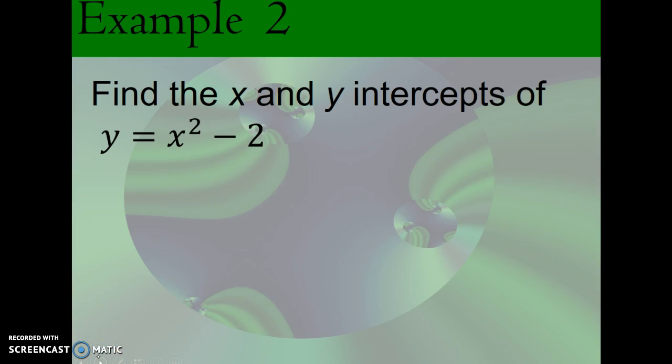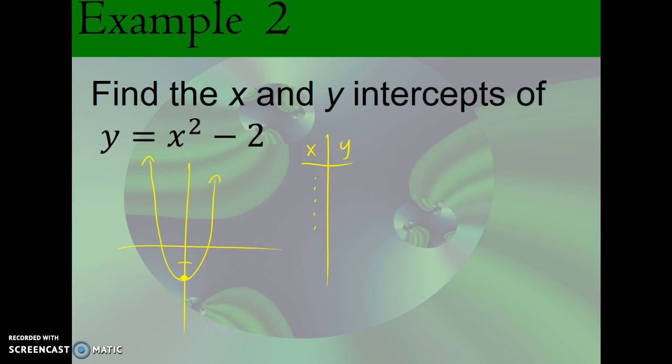X and y intercepts. So here we've got a squared on our x. That means that we're dealing with something a little bit more complicated. It's not a line. It's going to be a quadratic. It has an intercept of negative 2. If you're not sure what this looks like, make your xy table and try and analyze a couple x values to be able to get an idea of what it looks like. I happen to know that it's going to be a nice classic quadratic, like that,